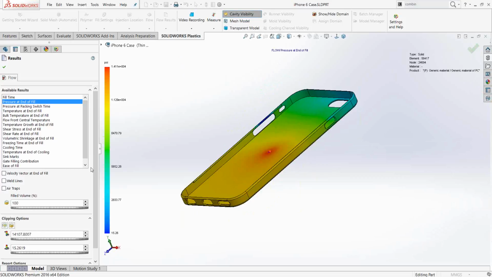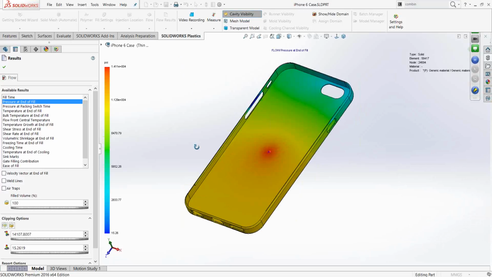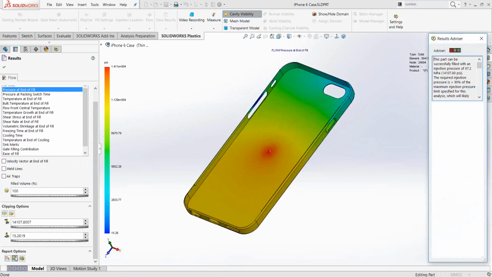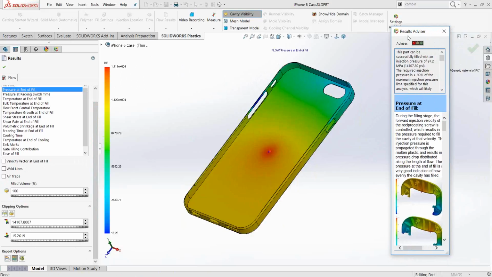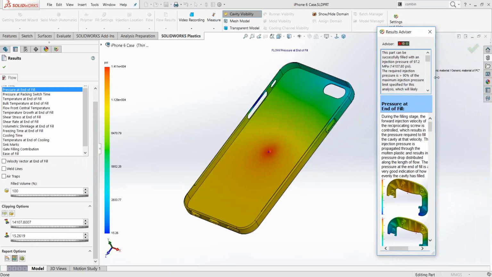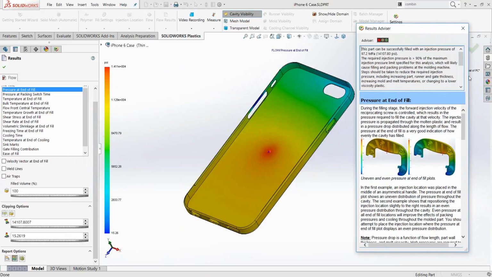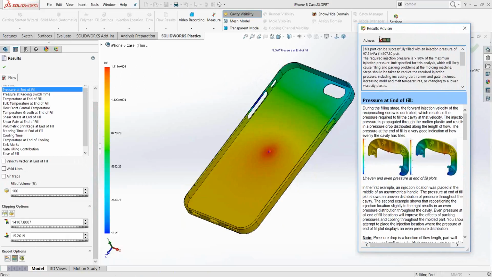So my pressure and my ease of fill in this case would be the first two things I would want to check out. You can see my pressure is approximately 14,110 in this case. And if I pull up that advisor again, you'll see very quickly it's giving me a red light here. This is a great visual indicator of what you've got going on. I have a red light here, and it's telling me this part can successfully be filled with an